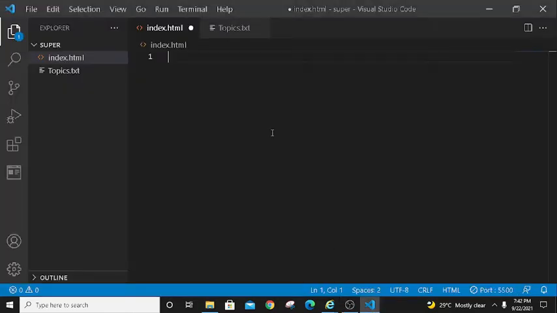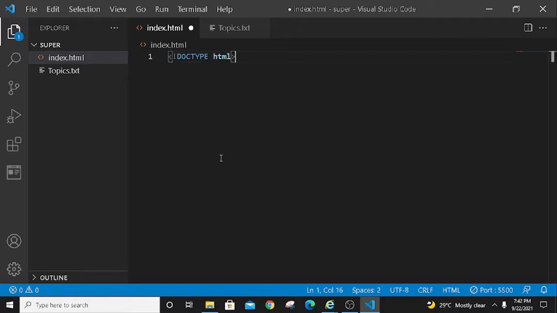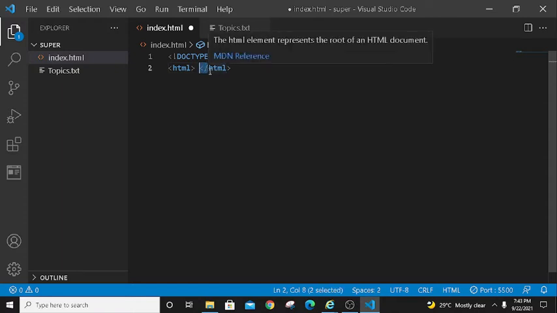I have opened my Visual Studio. The structure of HTML5 is that first we have to type doctype. The doctype HTML is a starter pack of the HTML. So we type doctype HTML, and then the opening tag of HTML and the closing tag of HTML. As you can see, the difference between these two HTML tags is that there is a slash in the other. That means there's an opening tag and a closing tag of HTML.